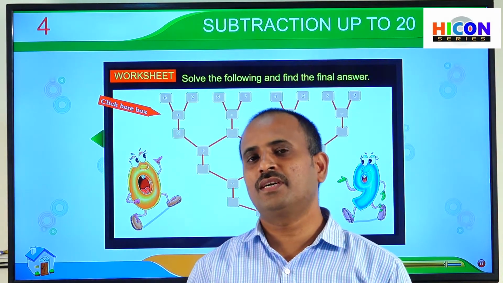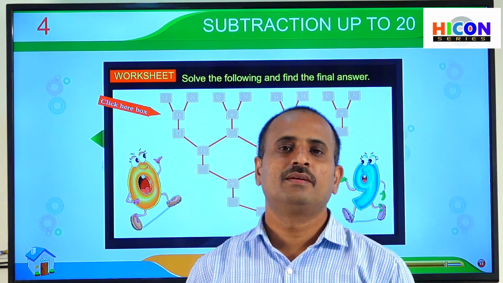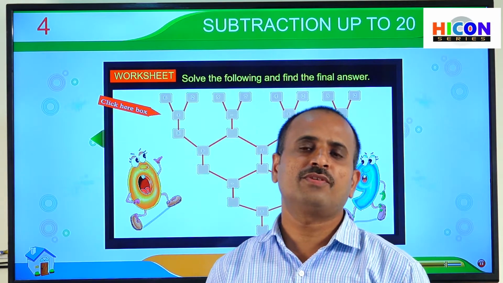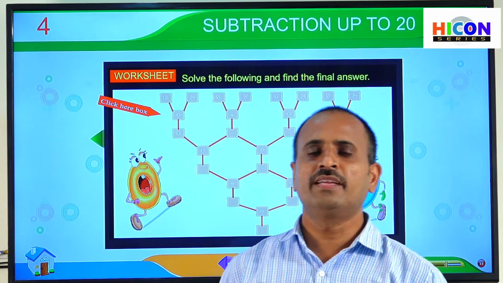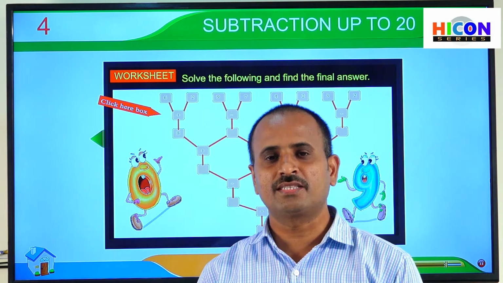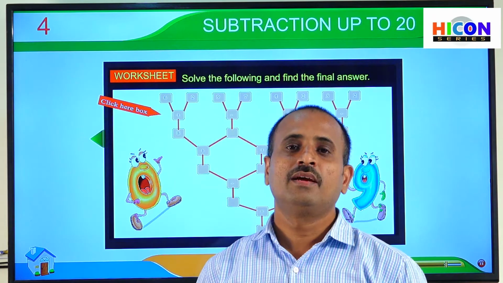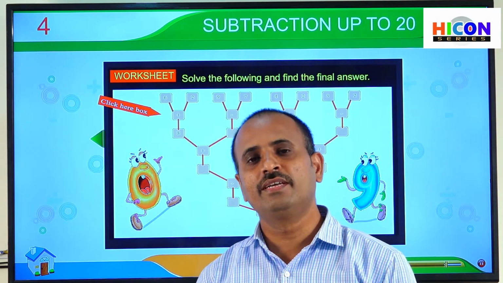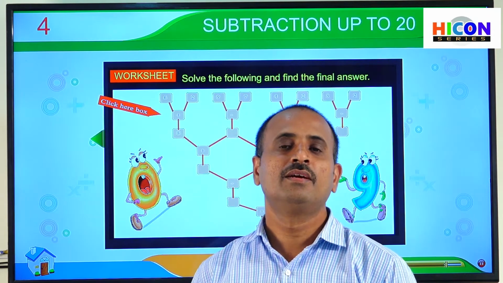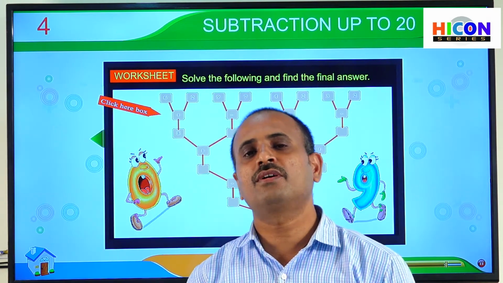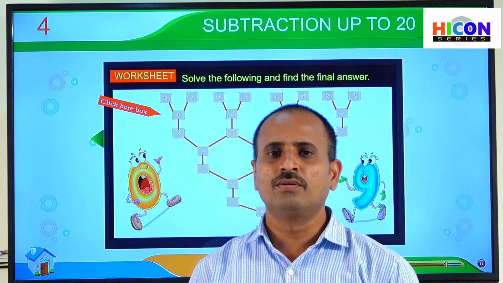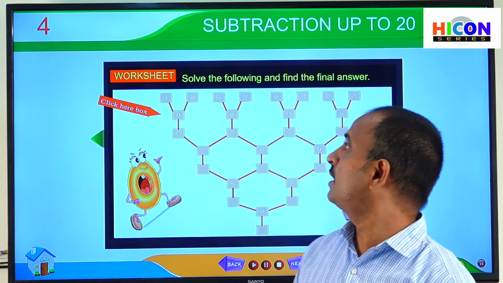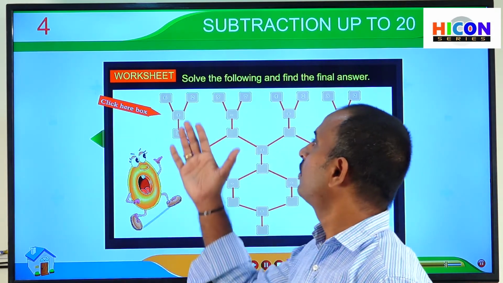So, children, this is about word problems. These are the different topics in this chapter. If you recall the topics we have discussed, our first one is subtraction. What is the meaning of subtraction and what is the symbol used for subtraction? And there are 2 types of subtraction: one is horizontal subtraction and the second one is vertical subtraction. And also how to do subtraction on the number line. So now the different concepts are completed. Let us practice some problems in the worksheet.